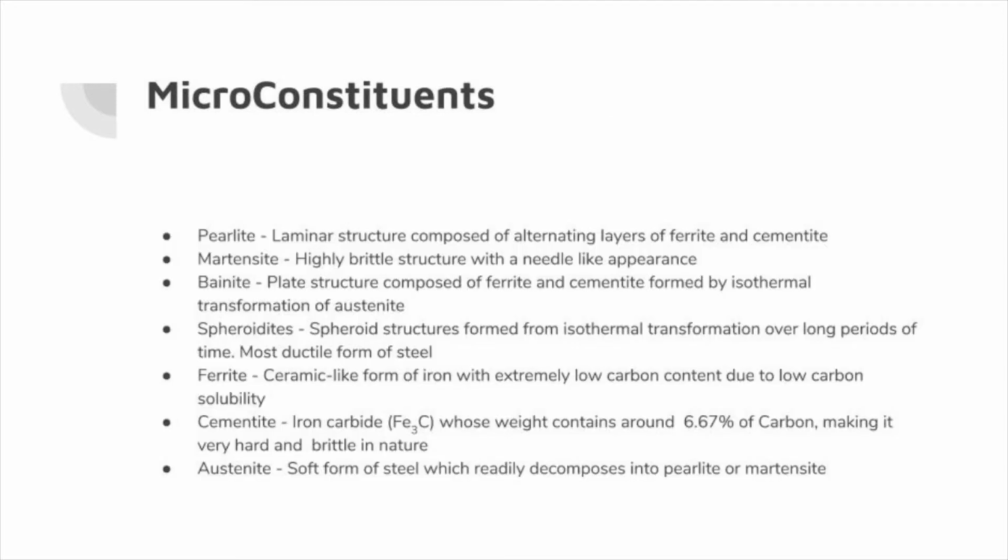There are many different types of microconstituents that are possible in steel. First one is pearlite, which is a laminar structure composed of alternating layers of ferrite and cementite. Martensite is a highly brittle structure with a needle-like appearance. Bainite is a plate structure composed of ferrite and cementite formed by isothermal transformation of austenite. Spheroidites are spheroid structures formed from isothermal transformation over long periods of time, and it's the most ductile form of